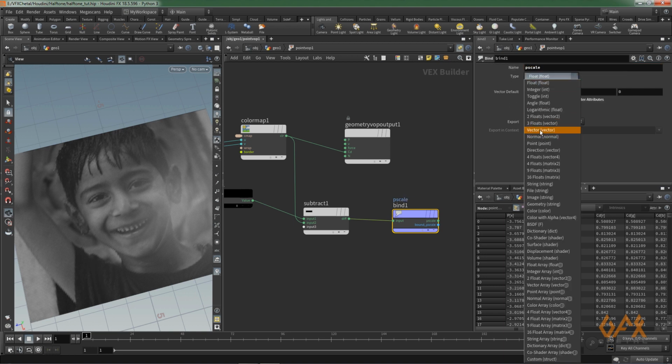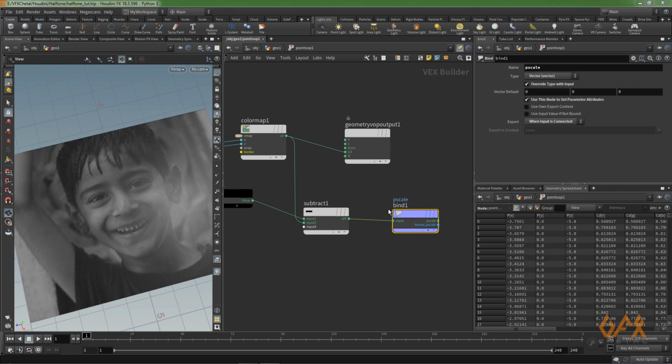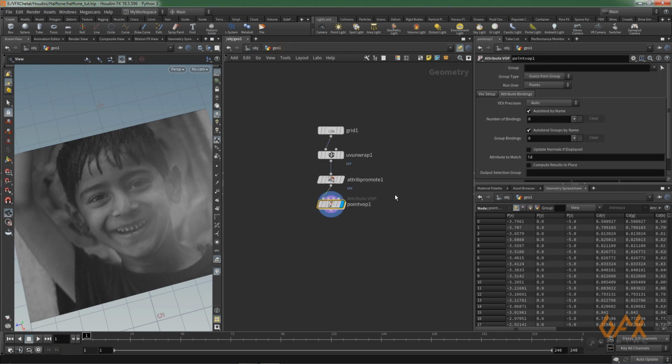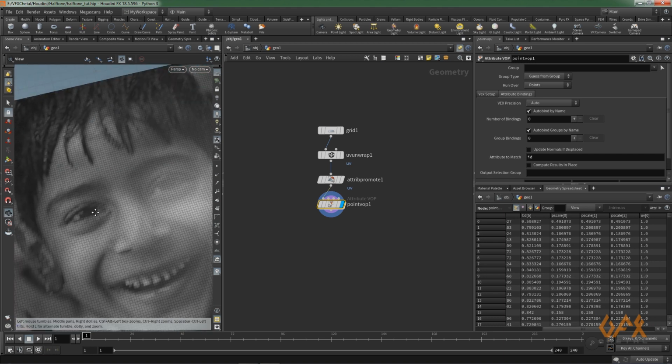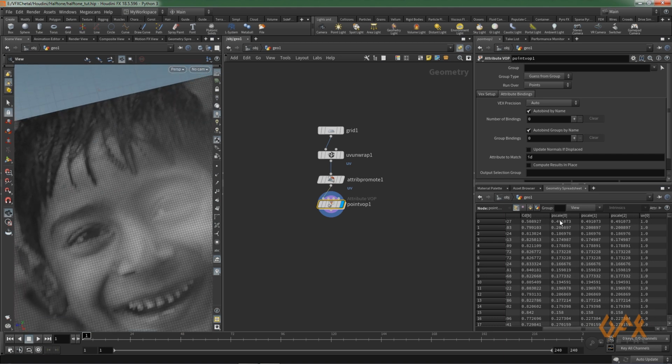And again, if you prefer, I just set it to vector. Okay, so now this information contains p scale also. So wherever you get black color, it carries one value, and where there is white color, it contains 0 value.